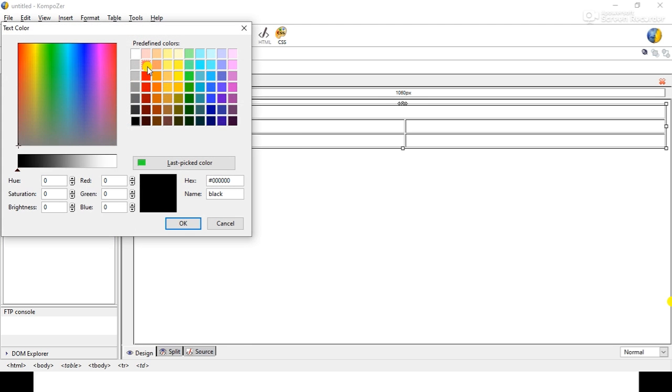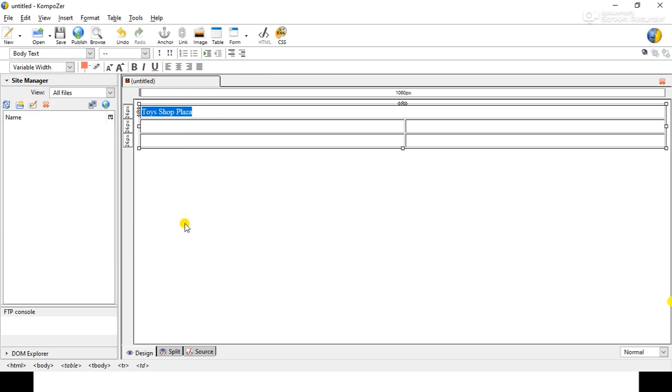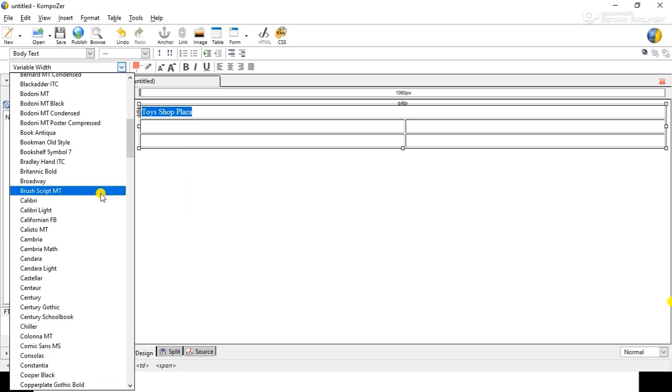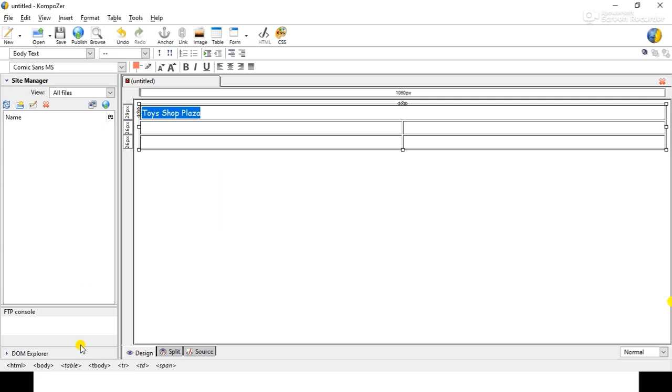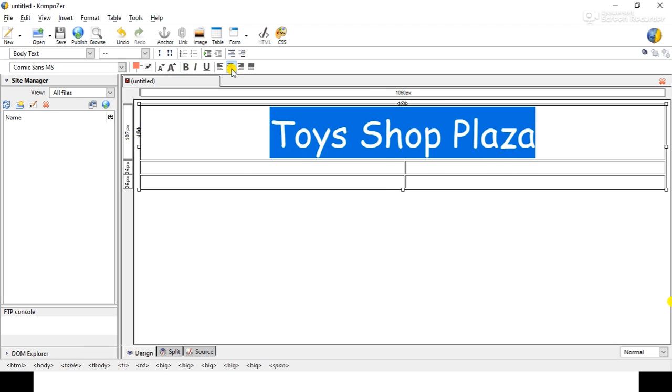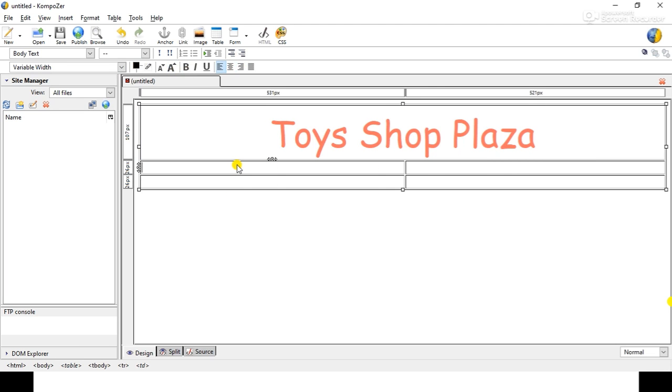So we will select the color over here and OK. Now we will select our font style. Select any font style. Now resize it. Give the alignment, and we will insert some toy images.